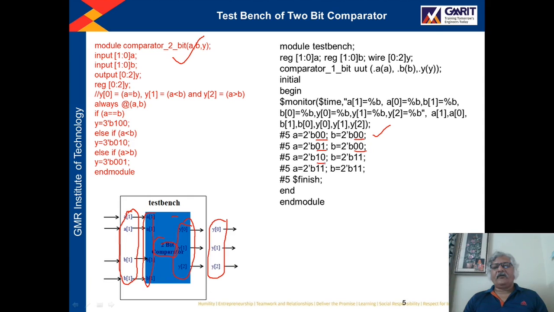Then a is 1 0, b is 1 1, and a is 1 1, b is 1 1. In this way we have assigned these total 4 different values at the gap of 5 unit time, and according to these values the output will be generated. Okay, so in the next lecture I will show you the software demonstration of these two comparators.